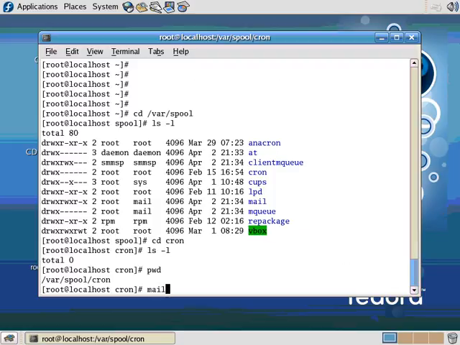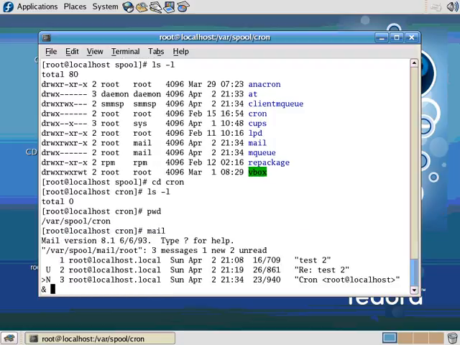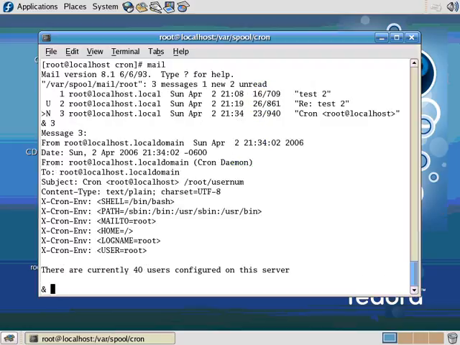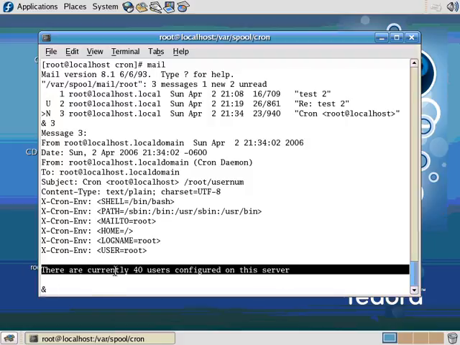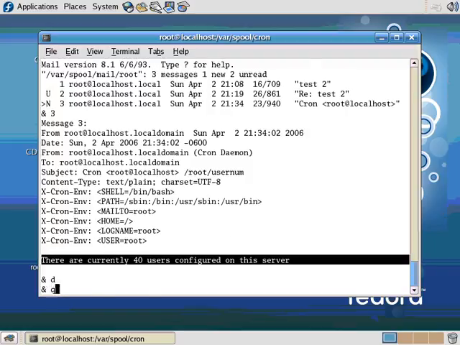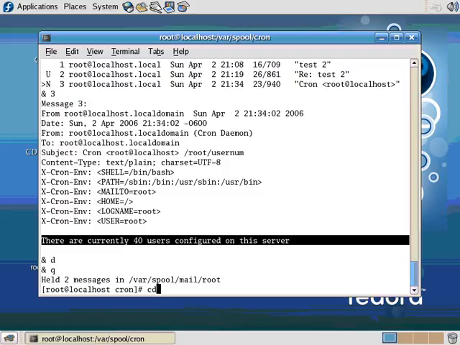So let's check our mail again. There we go. Finally, we got a new mail. So I'm going to select 3. And here's our script. It ran. There are currently 40 users configured on this server. So this script is going to run once a minute, every minute, by the cron daemon, because that's what we created it to do. So if I delete that out, type q to quit,